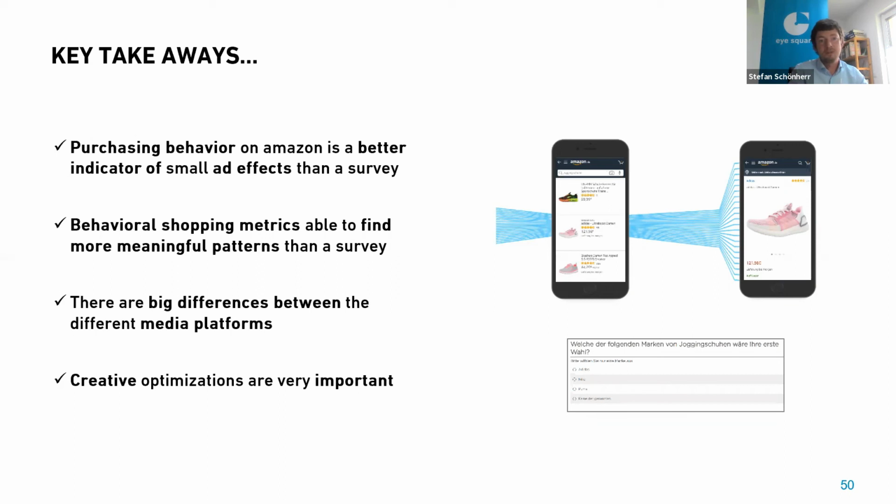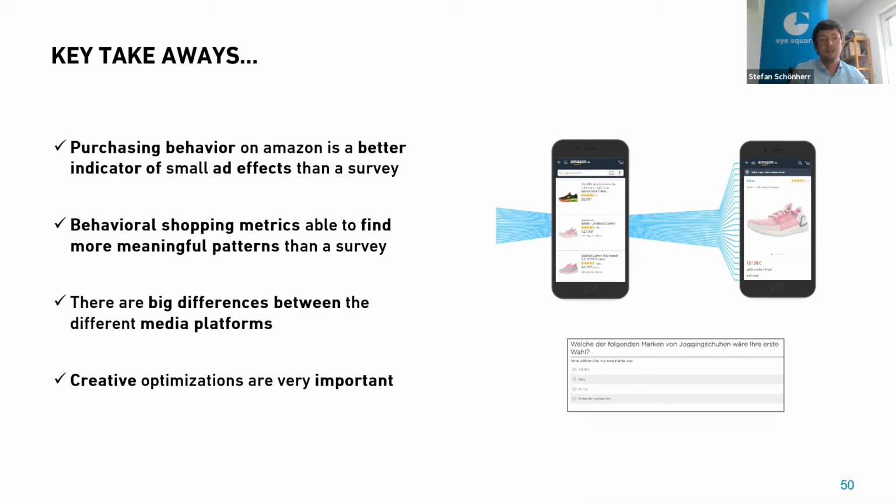I would say the first thing we've seen is that purchasing behavior on Amazon is a better indicator of small effects than the survey. As we were thinking before, we have a lot more data here. We have behavioral data. This is much more sensitive. It's on a millisecond level, and we see that with this data we can predict sales and shopping behavior much better than